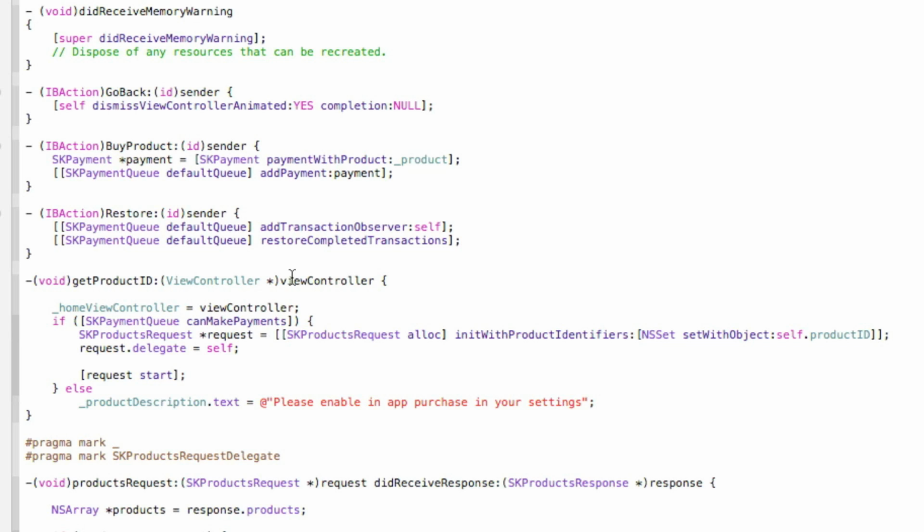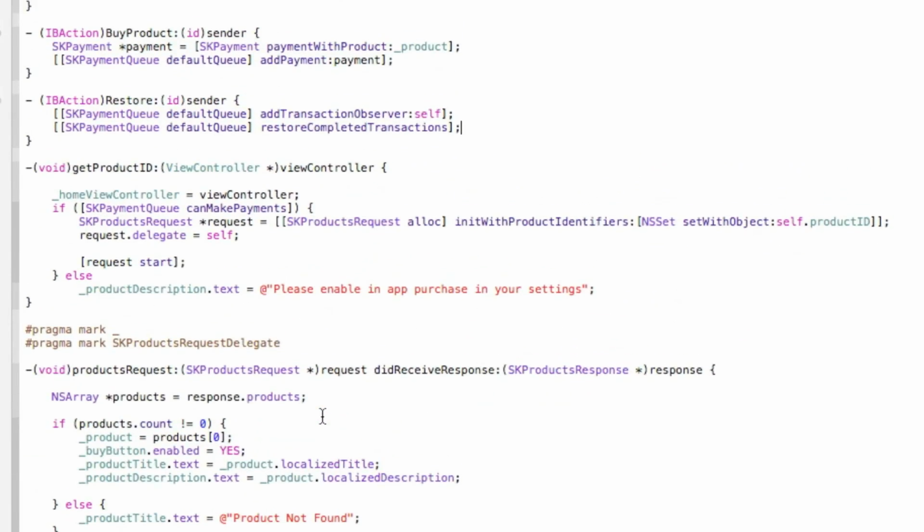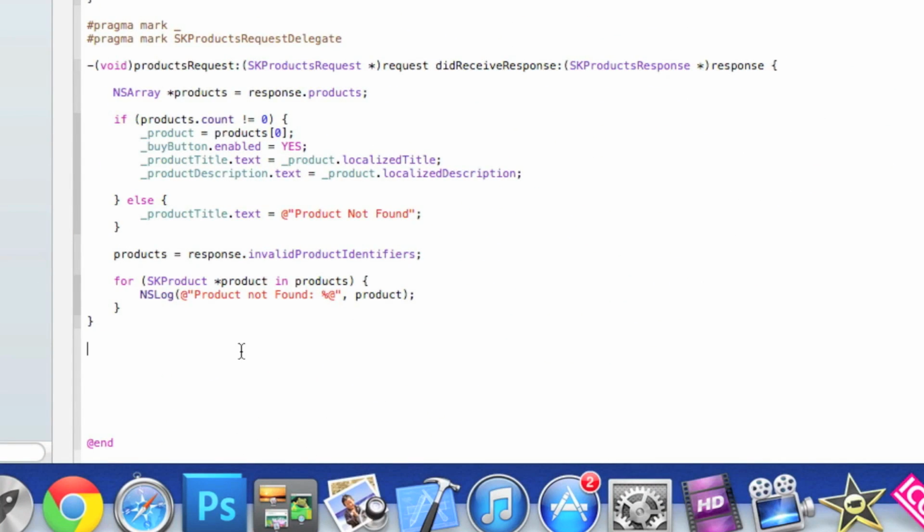Okay, so now once we've done that, we need to add the payment queue so that if it's purchased, do this. If the transaction failed, do this kind of thing. So we'll add that at the bottom here, just under our payment products request. Now again, it's another void method, and it's called upon when we press our buy product. So we do dash bracket void bracket